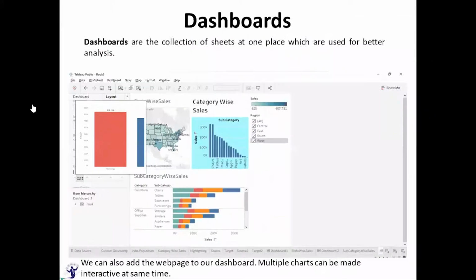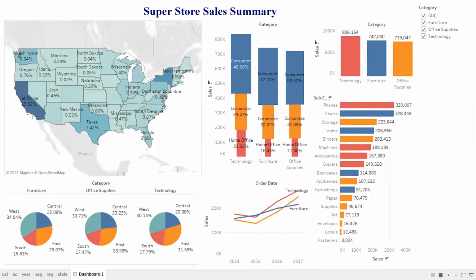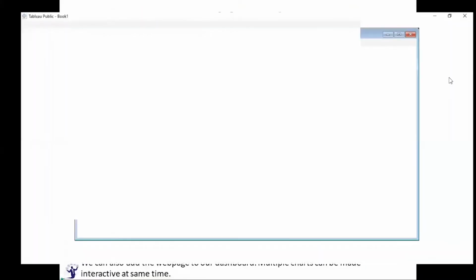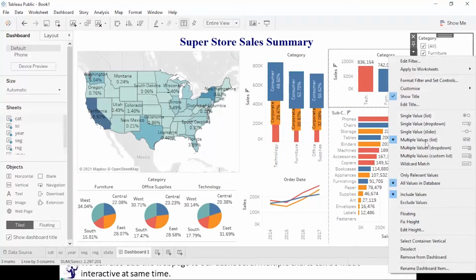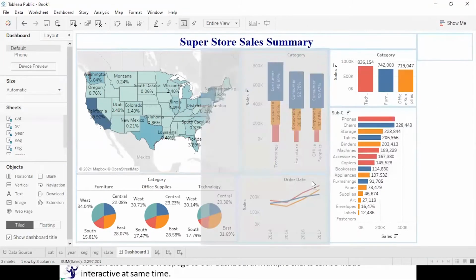Okay, one more point to be noted over here, because on the dashboard space is a constraint. If you see, around 10% of the entire screen area has been utilized by this filter. So I don't want this. I can click on this drop down arrow, and here is the utilization of the advanced filter which we talked about initially. So let me take a single value slider and put it at the bottom.